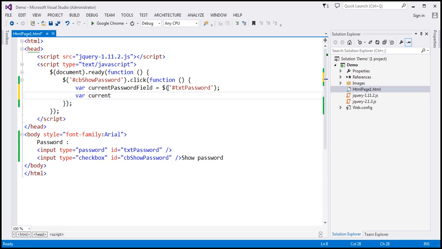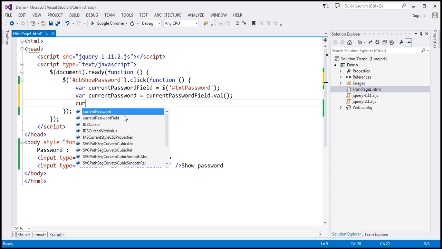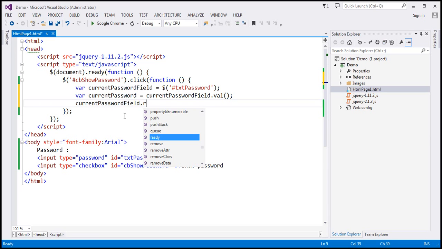and let's call this currentPassword, and I'm going to retrieve the value that is present within this current password field. So currentPasswordField.val(), so that should give us the value that is present in the password field text box. And then what I'm going to do is remove this password field from the DOM. Okay, so currentPasswordField.remove(),